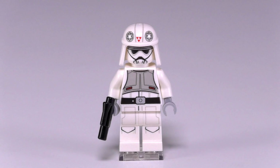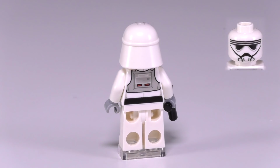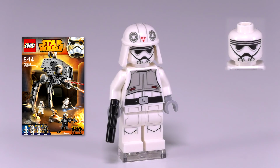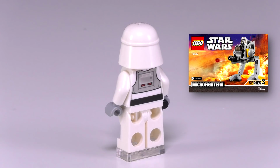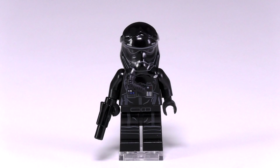Pilot. He's actually a pretty eerie looking figure. That print for the face kind of creeps me out, but the detailing on the body is great, and I like that printing on the helmet. He came out in the sets ATDP 75083, as well as the Microfighter ATDP 75130. He is $4, and our last fig of 2015 is actually not from the Empire, but I couldn't really not